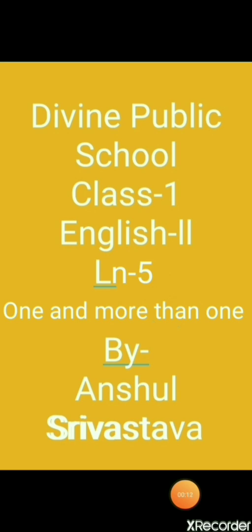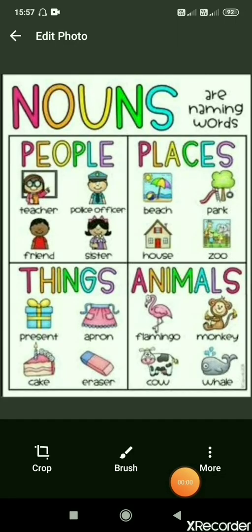I am back here again with your next chapter of English grammar, that is lesson 1, one and more than one. First of all, let's recall the previous lesson, what we have learned there. So in the previous chapter we have studied about naming words, that is the name of a person, place, animal or thing is called naming words, or you can say noun. Now these naming words are used for one or more than one person, place, animal or thing.